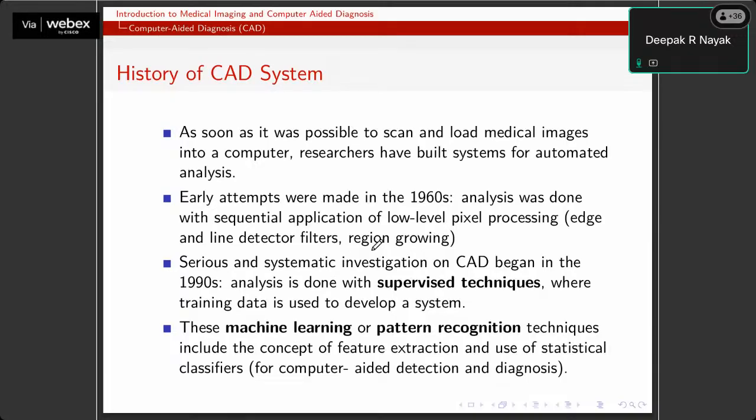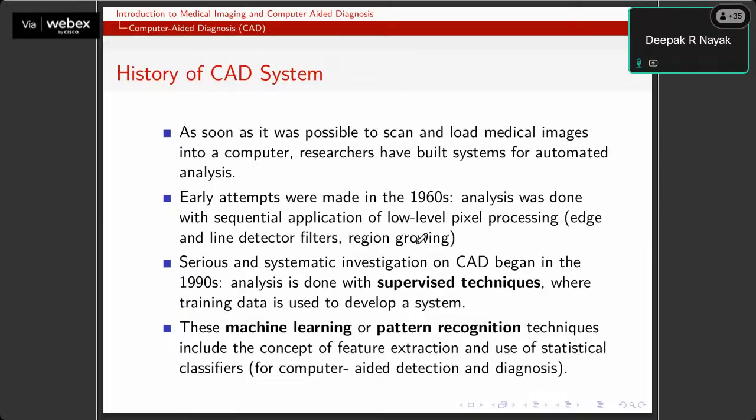And now, with the advent of deep learning algorithms, we are interested in designing CAD systems with the help of these deep learning algorithms, which you have also studied in this program. You might have heard about convolutional neural networks and some generative deep learning models.